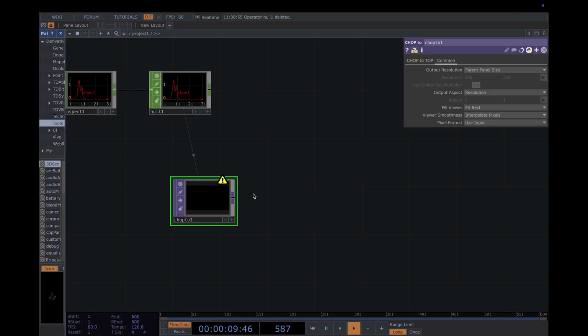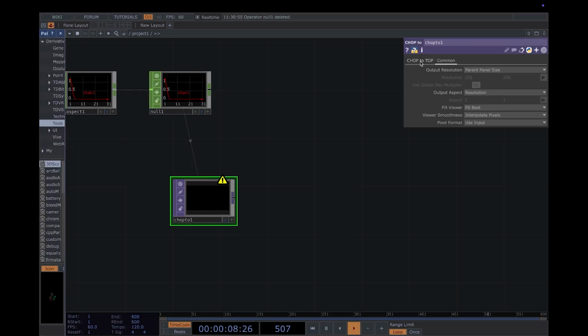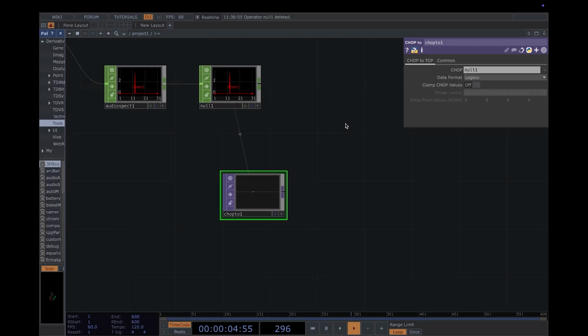So now we have a chop to. We are going to change the data format to legacy. So now I'm moving my fingers, and you can see it's showing the audio spectrum through brightness,